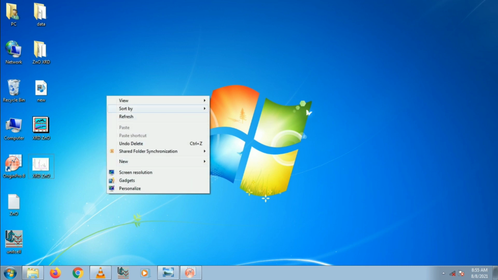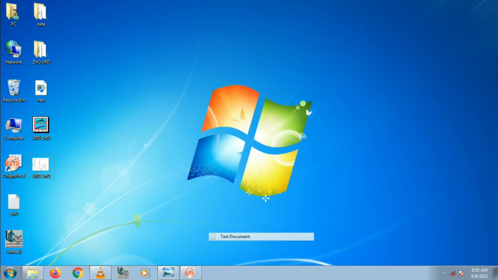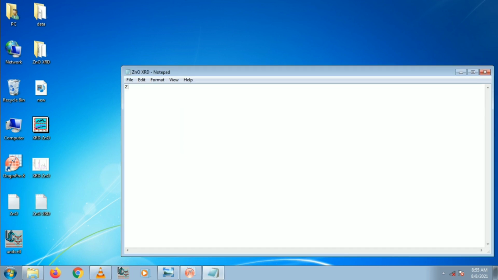After plotting the XRD pattern using Origin, the analysis of the data is very important. In order to analyze the data, we need a software tool, UnitCell, that is EC1. We need an input file for the UnitCell program.